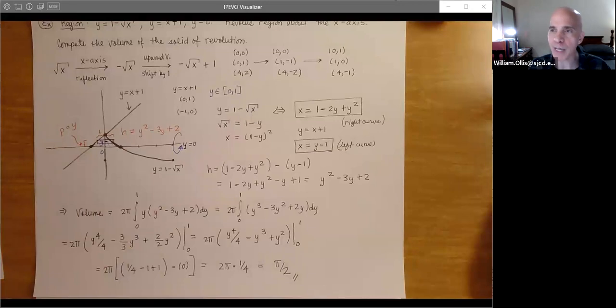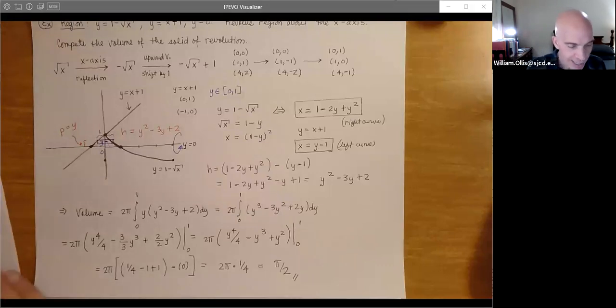I mean, if a problem asks you something specific about a shell method, you probably need to use it. Otherwise, you can utilize any technique you like. As I tell my students a lot of times, you are the one in charge. Now, what I want to do is an example